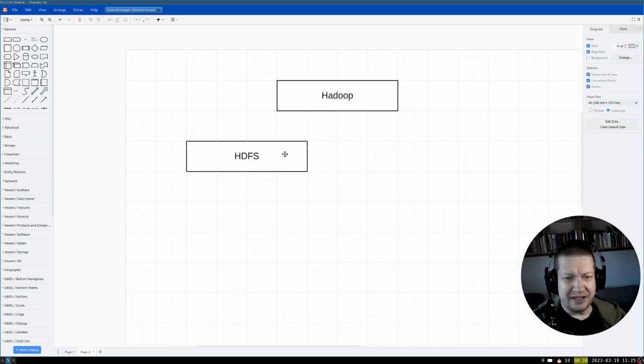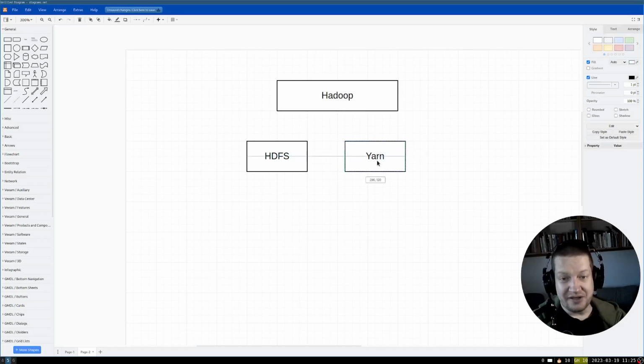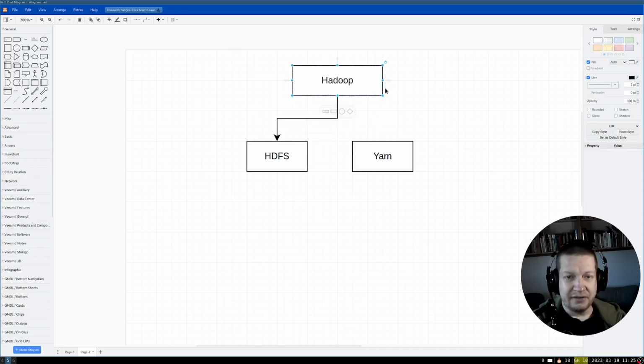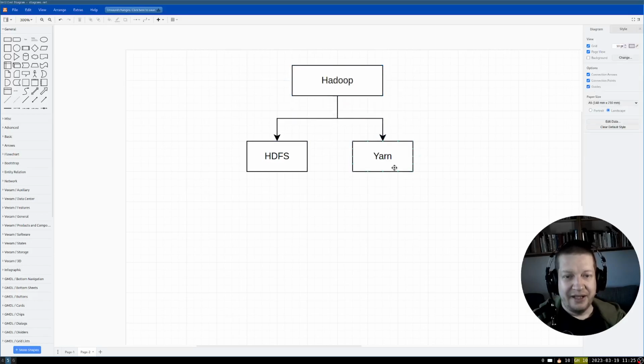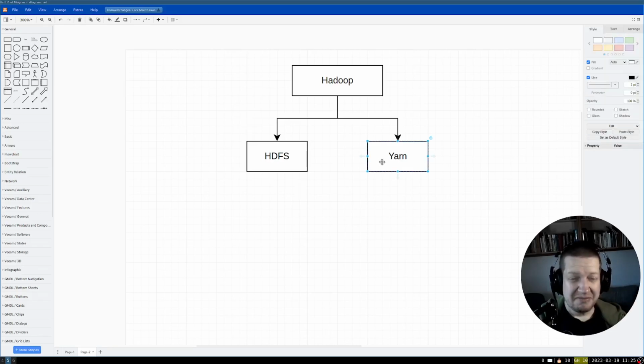I think the most active sub-projects currently are the storage part and the execution part, because the main idea of Hadoop is to execute big data calculations with the help of commodity hardware, so kind of any kind of hardware. So, how can I do another arrow? Okay. So this is how Hadoop looks like, because MapReduce is old, I think. Flink or other streaming services just replaced it.